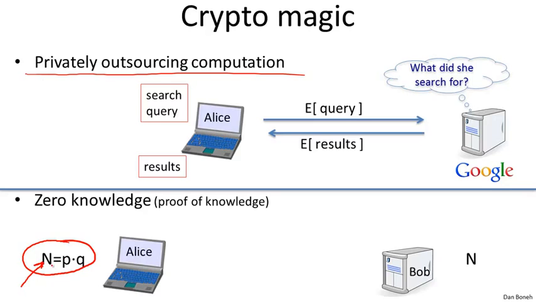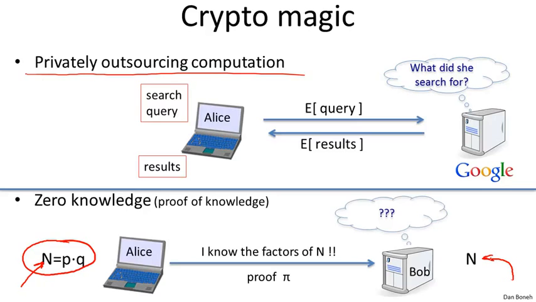Okay, so Alice happens to have this number n, and she also knows the factorization of n. Now Bob just has the number n. He doesn't actually know the factorization. Now the magical fact about the zero knowledge proof of knowledge is that Alice can prove to Bob that she knows the factorization of n. She can actually give this proof to Bob that Bob can check and become convinced that Alice knows the factorization of n. However, Bob learns nothing at all about the factors p and q, and this is provable. Bob absolutely learns nothing at all about the factors p and q.